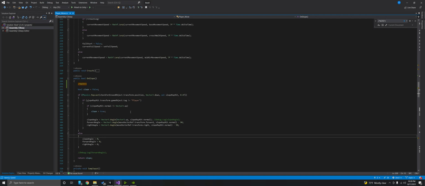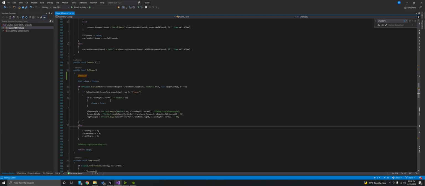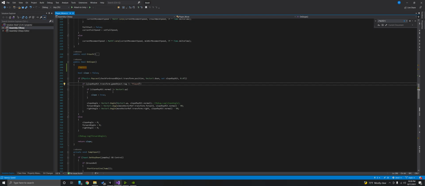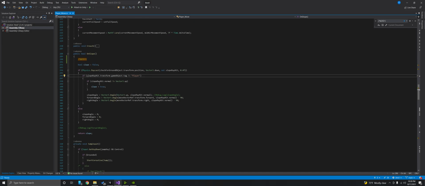We are hitting the normal of what we're standing upon. If we're hitting anything that isn't tagged as the player, that's useful because we have a lot of objects within the player. We have a complicated player in this game, and we don't want any of those objects to be hit. Otherwise, our script will be rendered useless, and it will determine that that is ground when it is not. So if the slope ray hit, if the normal that is being detected is not equal to Vector3.up,